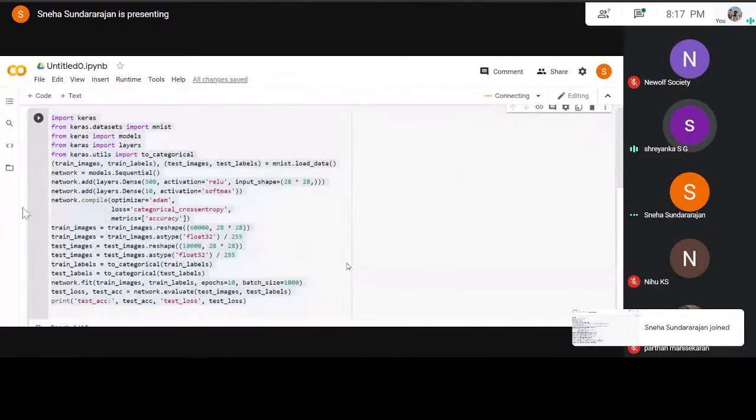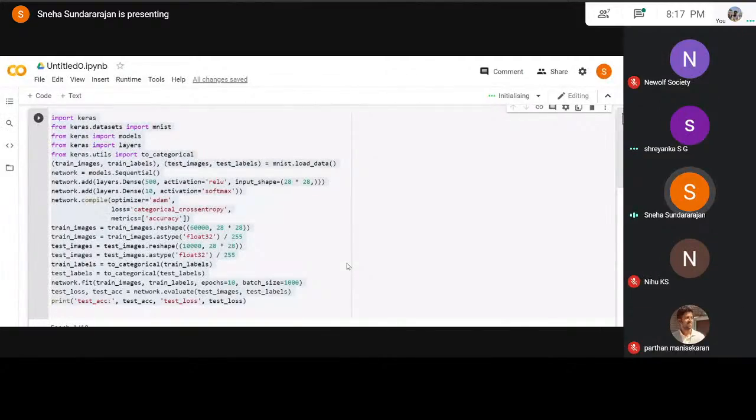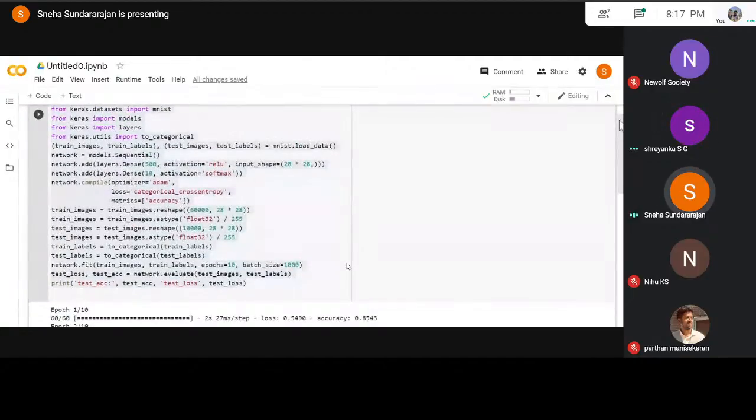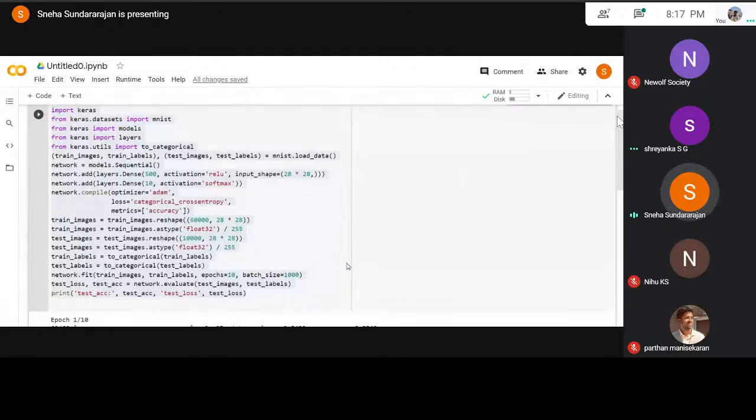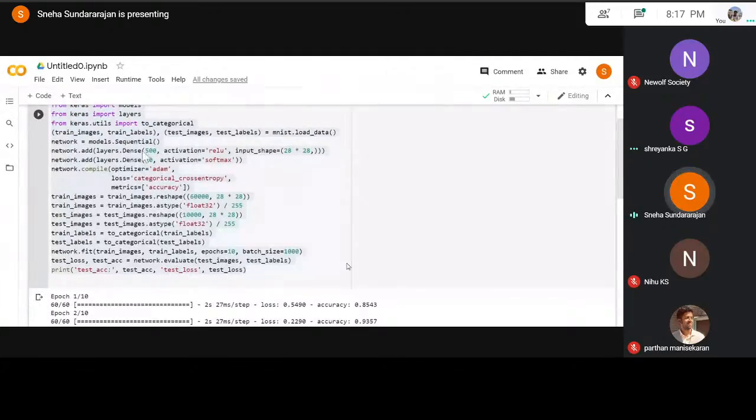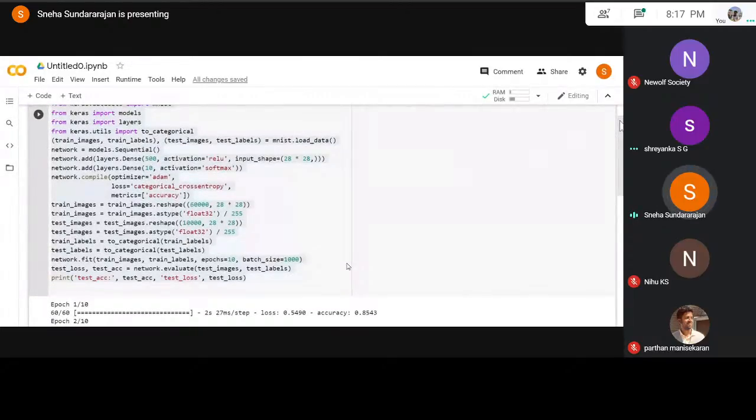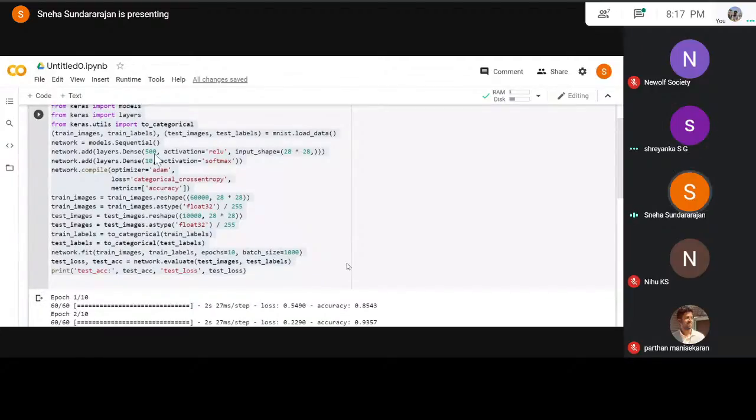So this is the code I used, and I mostly got it off the net and tweaked a few layers. There were three dense layers before, and it took a longer runtime because of that, so I decreased that. I played around with the numbers mostly.